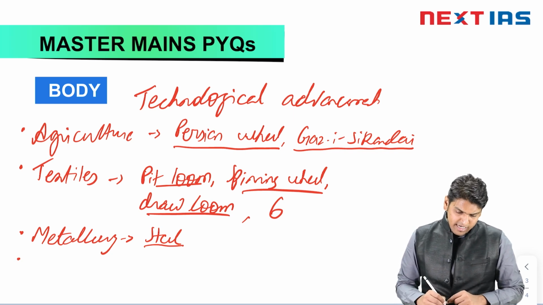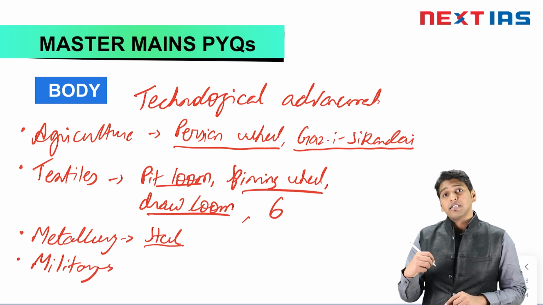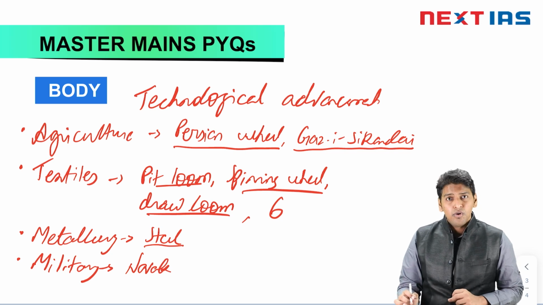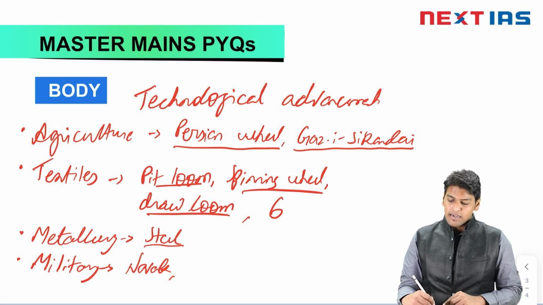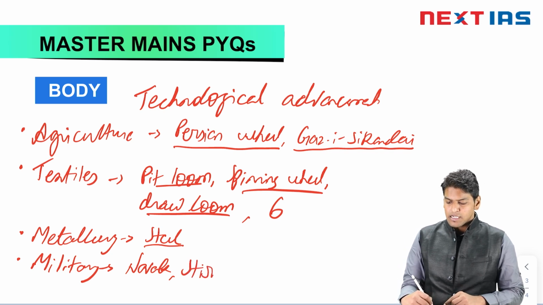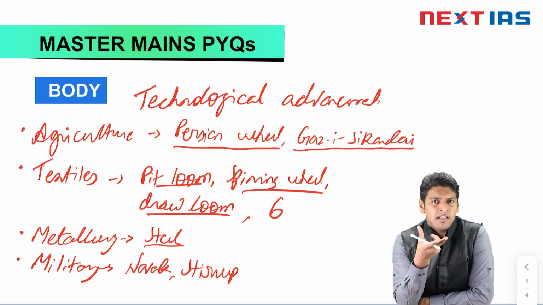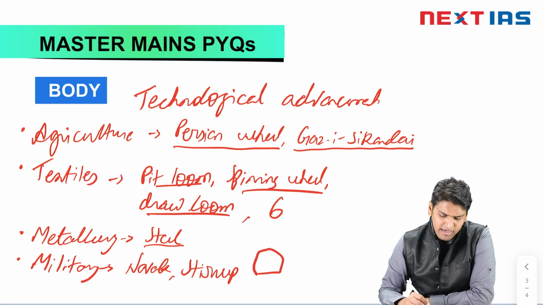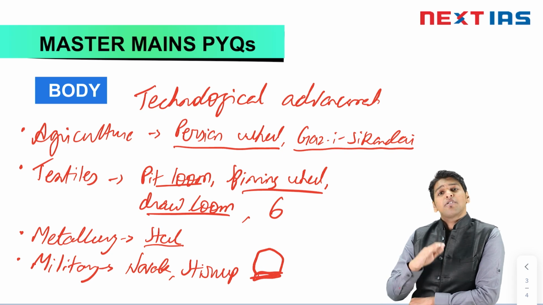Next we see its advancements in military. The Persians had brought the Nawak. Nawak was a short bow used by the Persians. It was brought to India, and next it had brought the technology of the stirrup. The stirrup is a metallic piece of this shape wherein people can put their feet on.